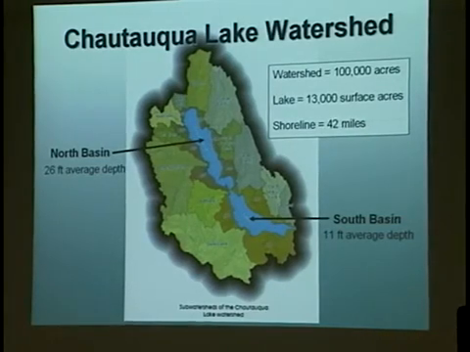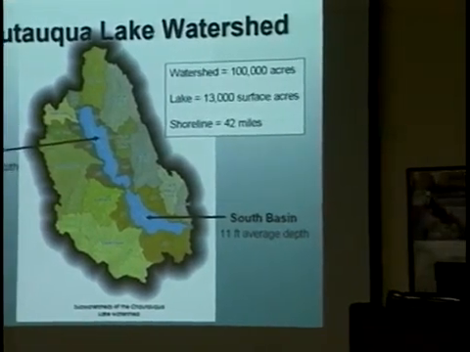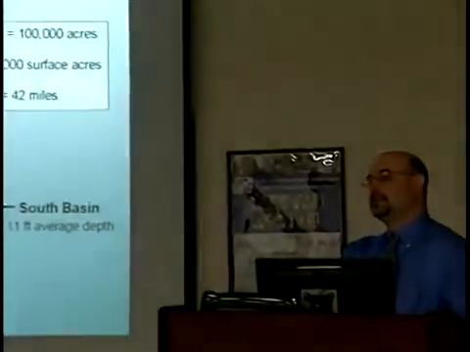a lot of life. If you've ever been on the lake itself, you can definitely see the difference in the quality of the water clarity in the north basin, and as you go down to the south, it turns from more clarity to more of a murky system. The north basin flows into the south basin, and the south basin flows out of the Chautauqua, which eventually meets up with the Allegheny, which flows down to the Mississippi and eventually to the Gulf of